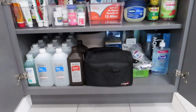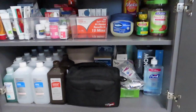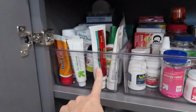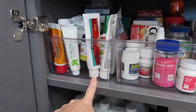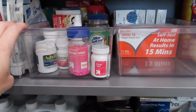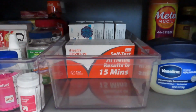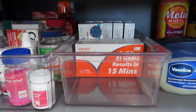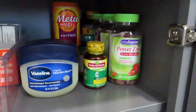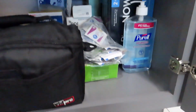So here is the end result of the medicine cabinet. It looks so nice and organized. I didn't have to throw that much away, which I was happy about. But up here we just have our first aid, any kind of ointments and stuff like that. Here we have medicine, like Advil, you could see allergy medicine, the cough drops and whatnot. Here I have the small COVID test because the bigger ones did not fit in there, they were too tall. We have our extra vitamins over here, big tub of Vaseline because I love that for my hands when it